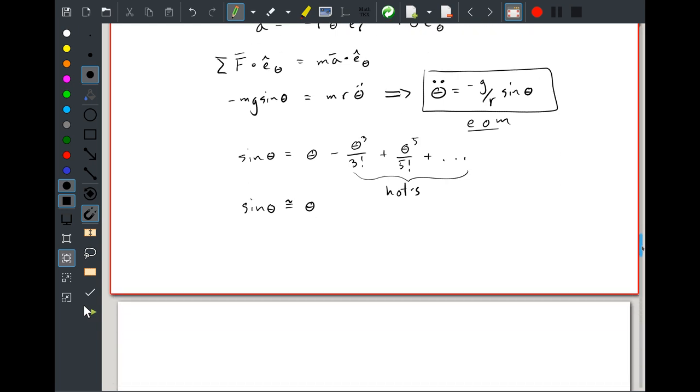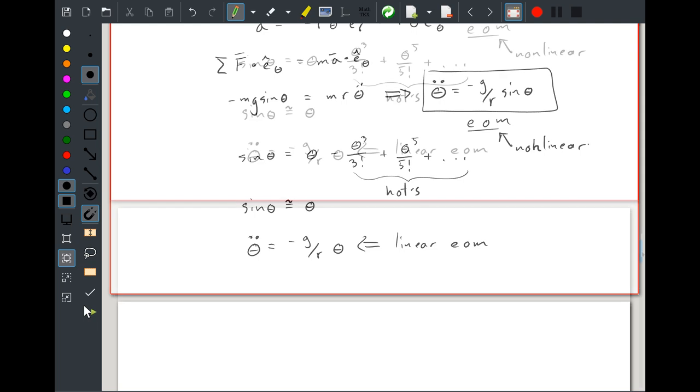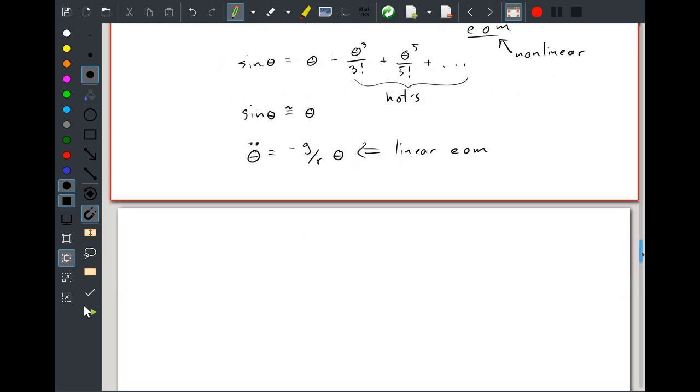Now if we plug in this approximation, we have a new equation of motion, that theta double dot is negative g over r times theta. This is much easier to solve. This is a linear equation of motion, and this one is nonlinear. With this linear equation of motion,